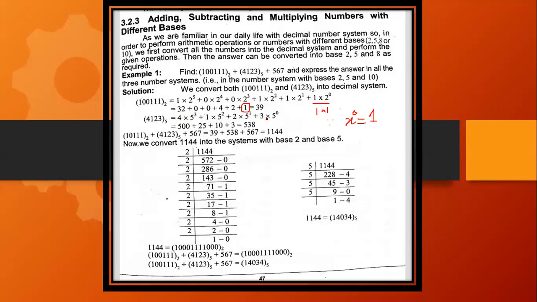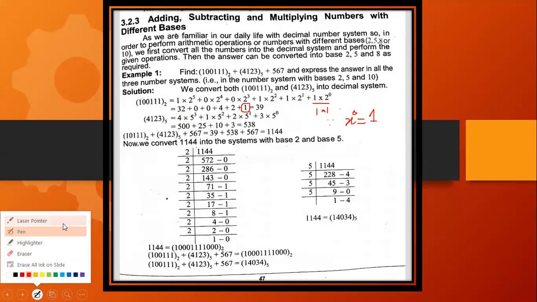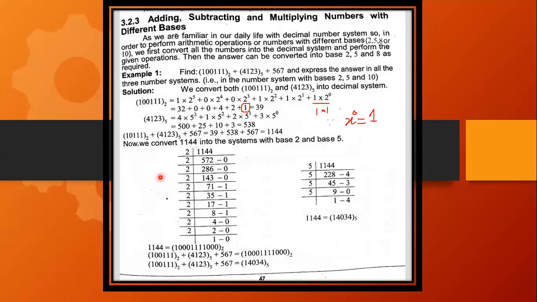ये जो मैं आपके पास into कह रही हूँ, that into also stands for multiplication. Is this clear? Okay. Now we are going to solve it. 5 fives are 25. 25 fives are 125 and then we are going to multiply that with 4. इसकी multiplication को जब हम कर लेंगे, you will get 500 plus 25 plus 10 plus 3. We are going to add them all up and you will get 538.